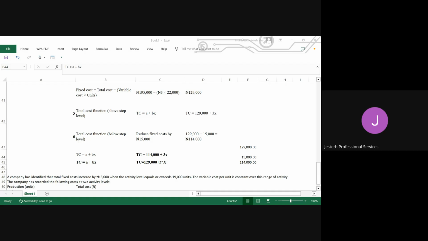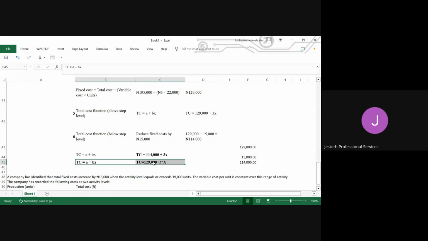Okay, if it is below what they give us, why the second one is when it's above it, because the reason why we're having the differences is we have had a change in our fixed costs. Our fixed cost has increased by 15,000. That is the reason why we are getting